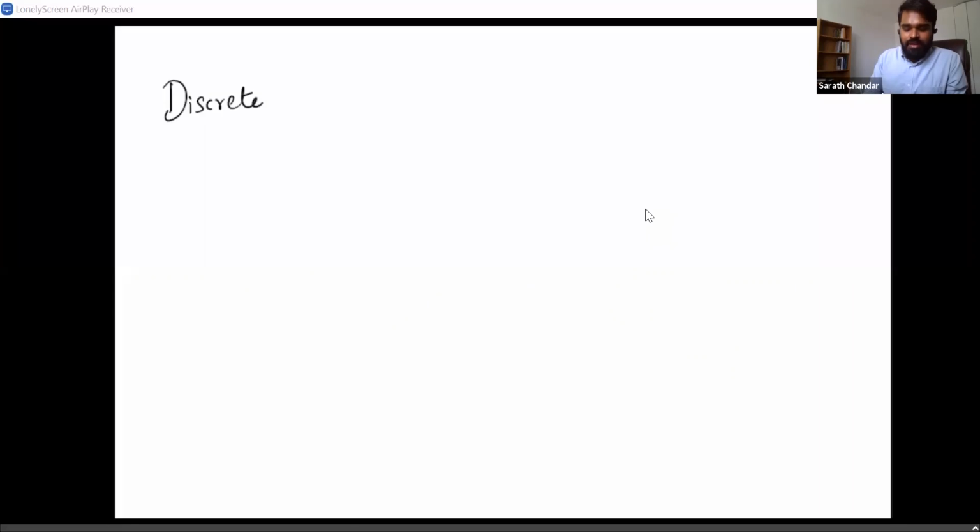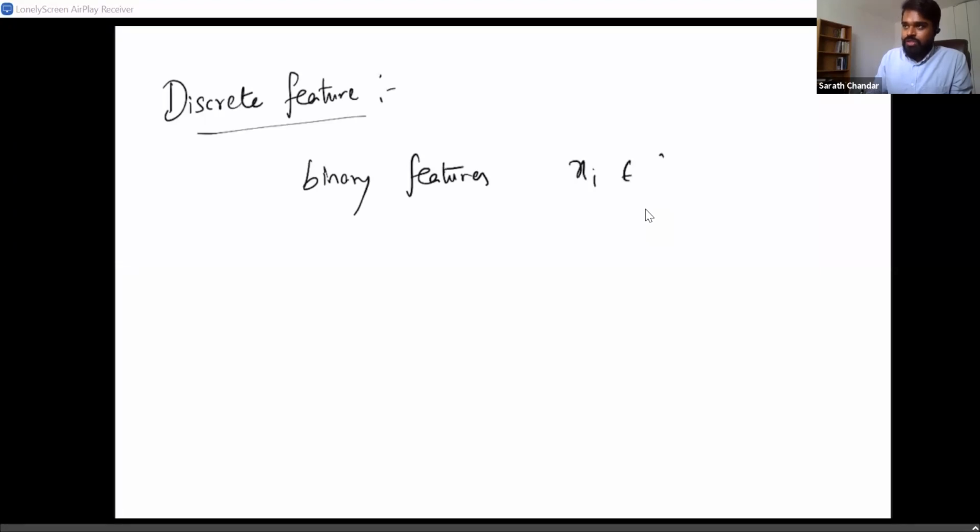Now that I have motivated the model, we're going to look at the algorithm first and then go back to the text classification again. So we're going to consider binary features, which means xi belongs to 0 or 1. Now, if there are m features,